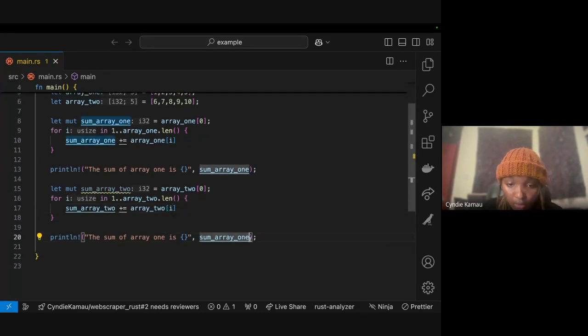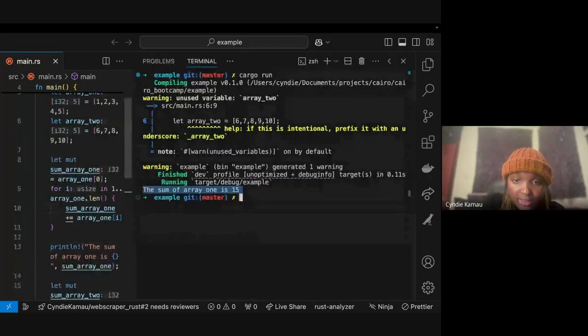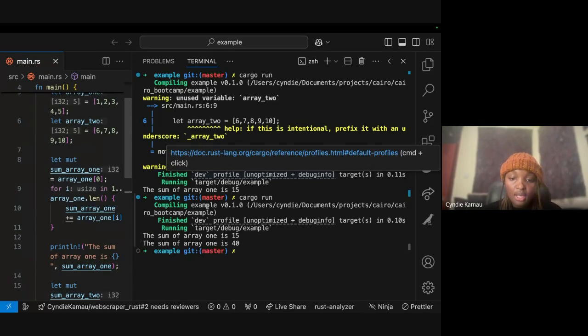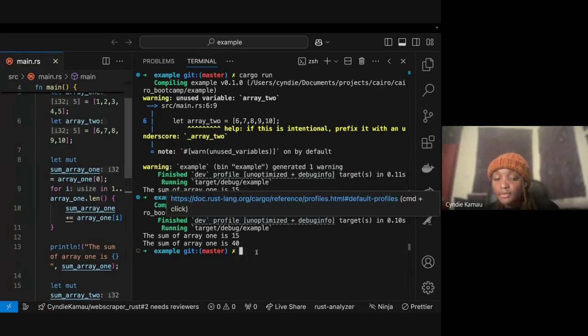Okay, so if we run this in the terminal again, you find, yes, the sum is 15 and 40.